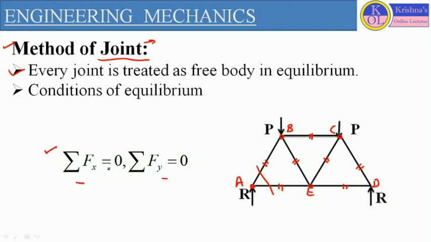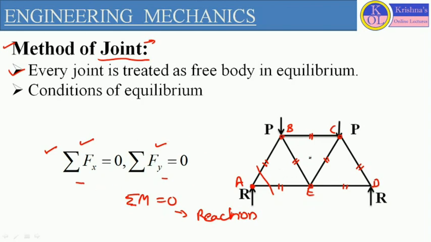So these two conditions we will use: summation of Fx equals 0 and summation of Fy equals 0. These two conditions we will use to define the axial compressive or axial tensile load acting on the member. The third equilibrium condition, summation of moment equals 0, we will use to define the reactions only, that is, the reactions at the support. To define the axial load we will use summation of Fx equals 0, meaning all the forces acting in the x direction sum to 0, and summation of Fy equals 0, meaning all the forces acting in the y direction sum to 0.